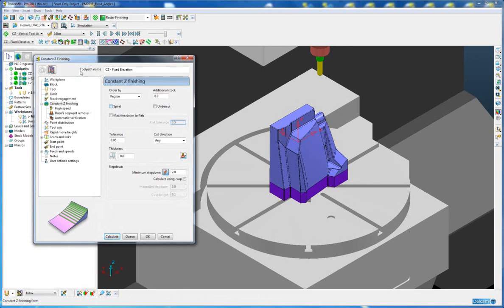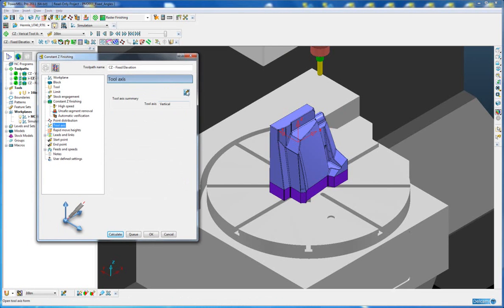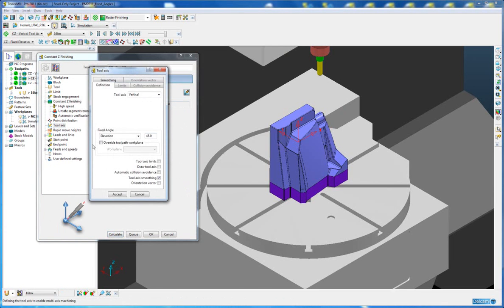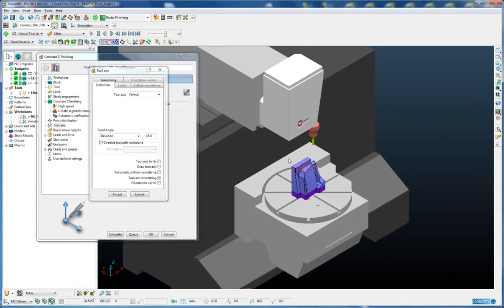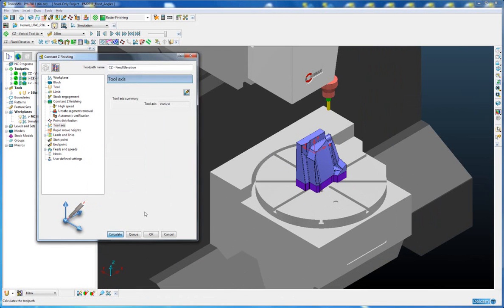So if we go to the settings for our second toolpath, on the tool axis form there's a new option under the definition tab. You see our tool axis is still set to vertical, so 3-axis machining, but then we're telling it to lock, in this case, the elevation angle to 45 degrees. So in this case the elevation angle is the B axis, which is on the head. If we accept and calculate this toolpath,